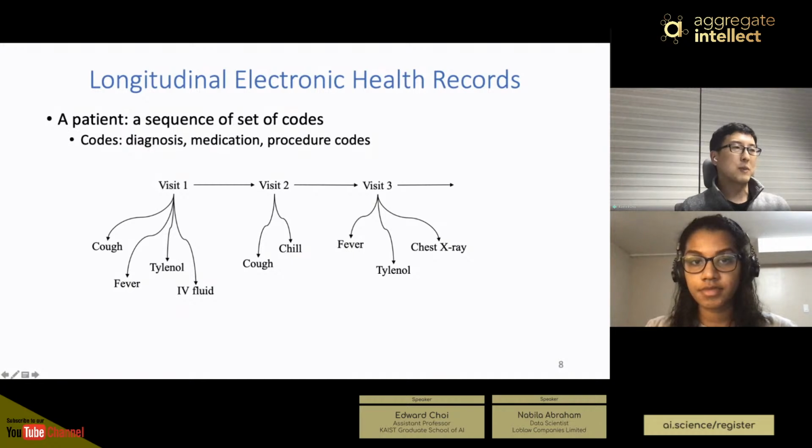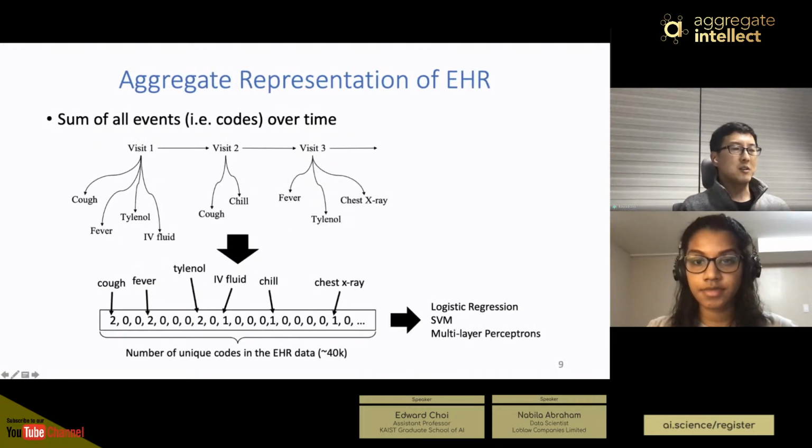So you go to the hospital maybe 3 times, and the first visit you have like 2 diagnosis codes. You get prescribed Tylenol, and you get IV fluid. Maybe next time only 2 diagnosis codes, and the third time some other combination. So typically in the healthcare space, the classical, pre-deep learning era approach would be to aggregate this